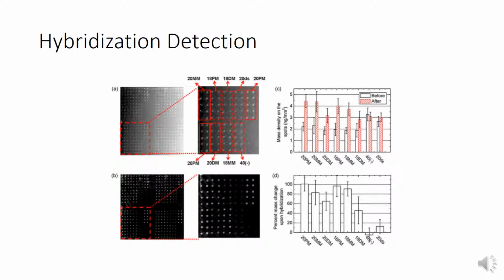And in part B, you can see the difference in density or in mass of the DNA after hybridization has occurred, which is quantified in part C, where only the double mismatch in an 18 mer strand and the two controls had no significant mass change after hybridization, showing that